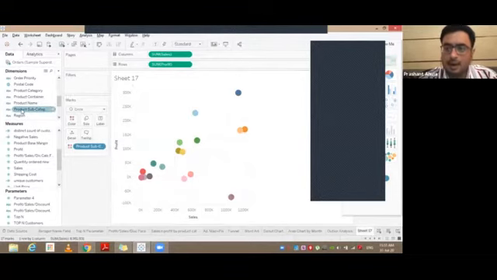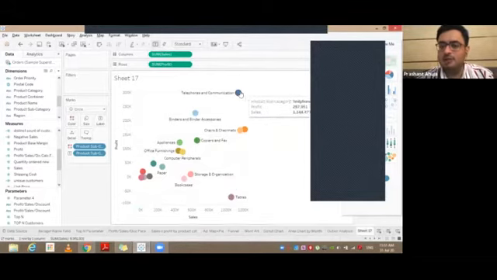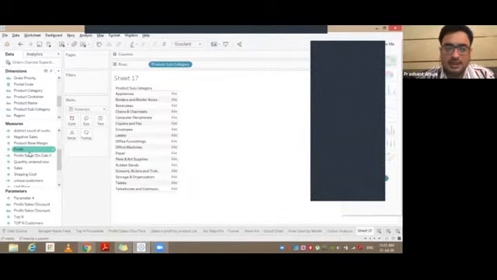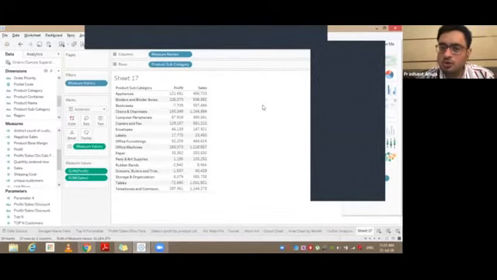Let me put up subcategory and put it into labels. So this would label all the dots and call them the relevant name. So this is the subcategory tables and this is the subcategory telephones and communication. So very easy to make. Just pick up your subcategory, pick up sales, pick up profit, whatever you want to represent, whatever you want to show.